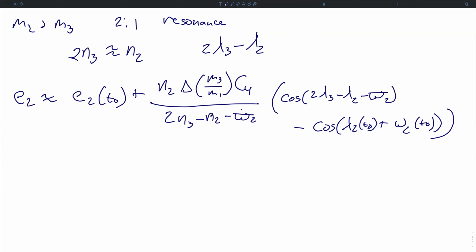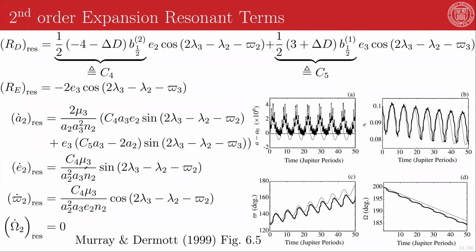So while this looks rather cumbersome, all this is telling us is that we expect sinusoidal variation with this argument of the eccentricity due to the resonant perturbation. As already stated, we will get exactly the same solution forms for each of these first three differential expressions, save that there will be two separate sinusoidal terms for the semi-major axis expression, but each of them will have exactly the same argument, meaning that we expect overall for there just to be one single periodicity and phase for the variation in semi-major axis. So our prediction is that the resonant perturbation causes sinusoidal variations in semi-major axis, eccentricity, and